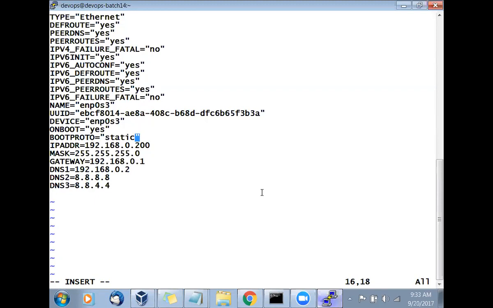So how to set the static IP address? You have to go and set it in this file. This is very, very important. Is this clear? Okay, now what you will do? I will not save this file, just to demonstrate. I will go with the DHCP. So I will quit. I will say don't save anything, just go out.